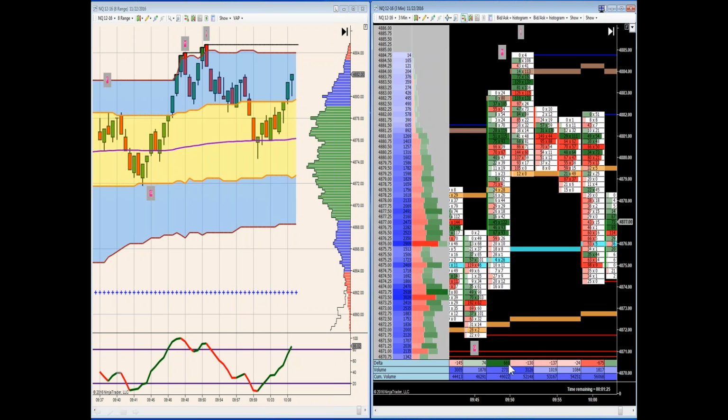You could see that it goes from 669 in the way of positive delta to negative 130, and that's right here. Up here you don't see the buyers stepping up. Up here you can see you're not getting them above that high value area. So once you see it go negative, you could short. You could short under this bar here